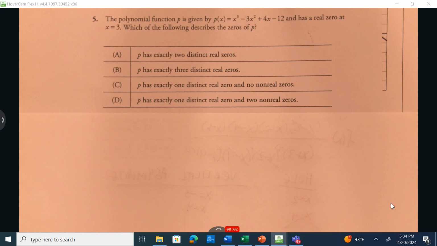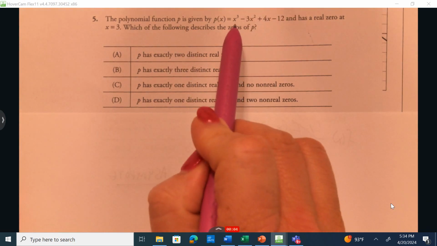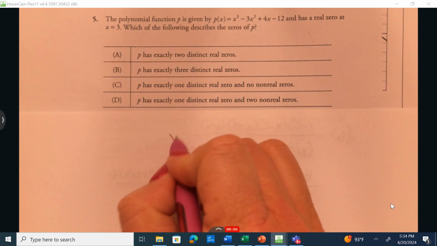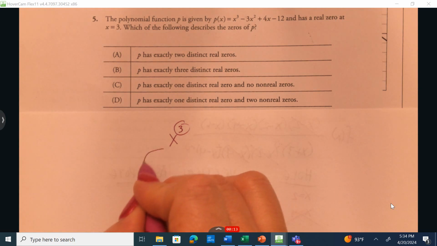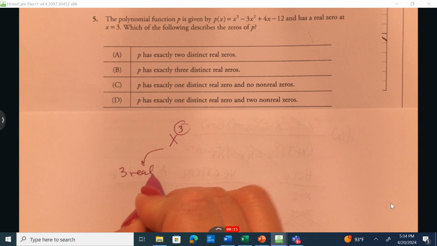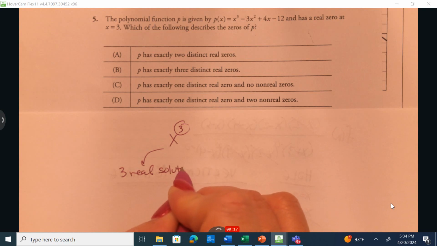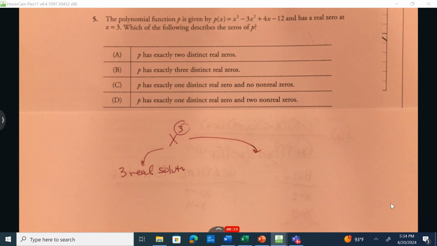In question number 5, we're provided with the following polynomial function, which is degree 3. Now, I do want to remind you about solutions to this polynomial function. So what are the possible solutions? We could have 3 real zeros or solutions, and then if there was any imaginary,